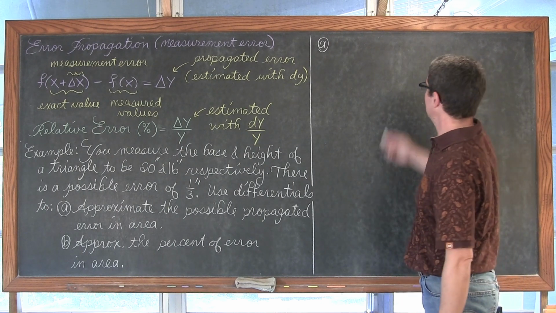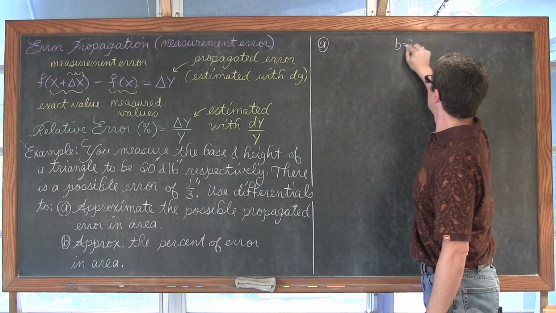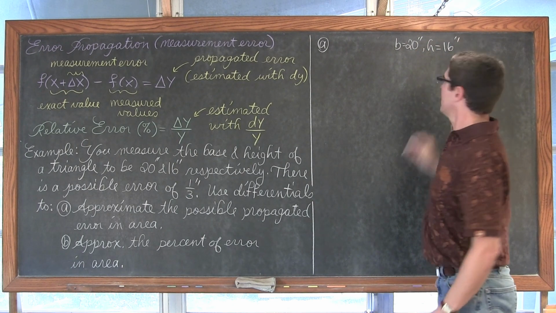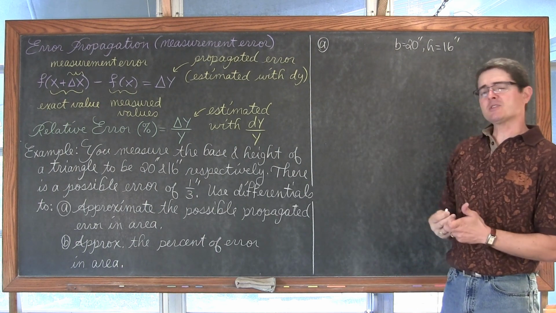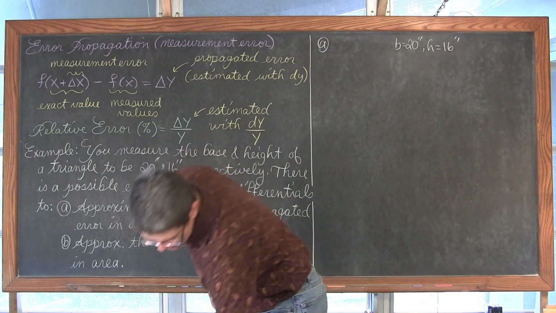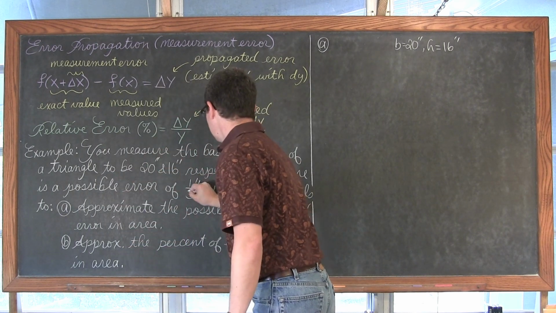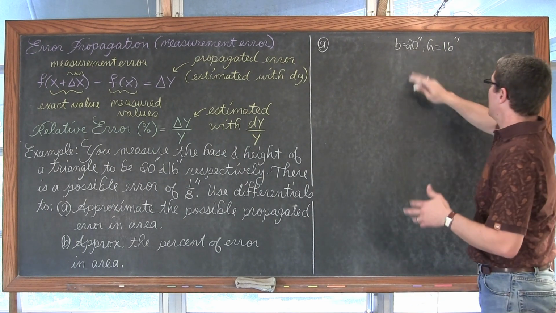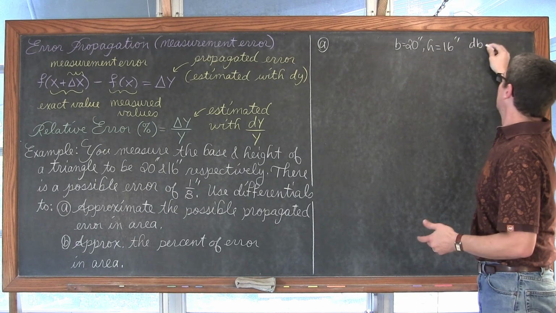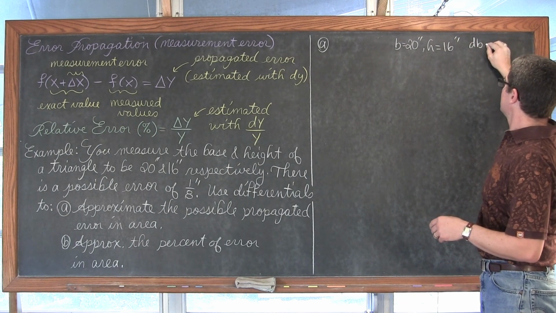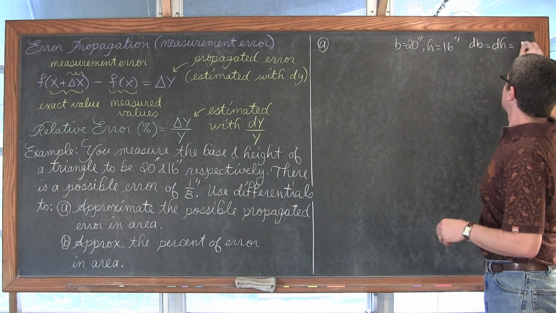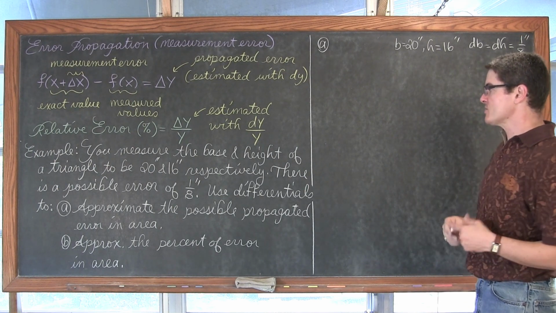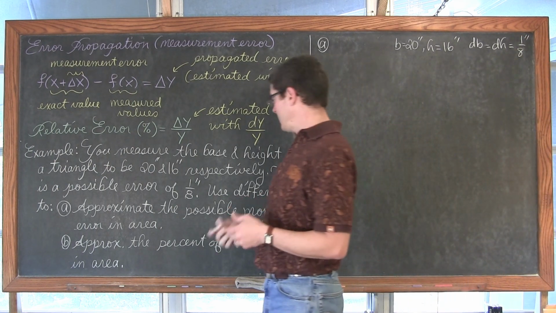So I'm going to go ahead and stop there and write that down. So our base is 20 inches. The height is 16. Okay, I'm sure we're going to need that information. There is a possible error of 1/3 of an inch, but I think I actually meant for that to be 1/8. Yes, I did. So 1/8 of an inch. So we have the measured difference either way, whether it's dB, the differential of b, or the difference in h, is going to be 1/8 of an inch. All right. Use differentials to approximate the possible propagated error in the area.